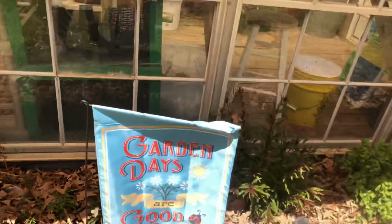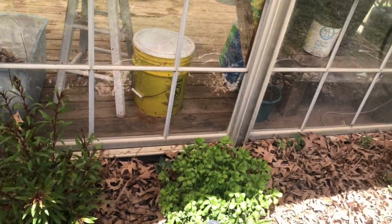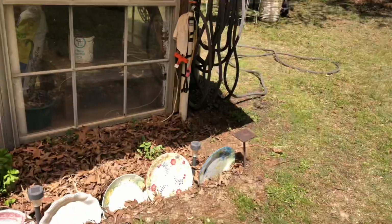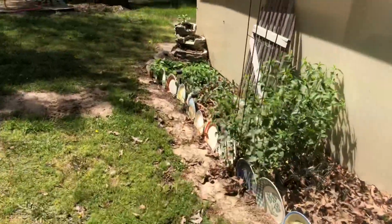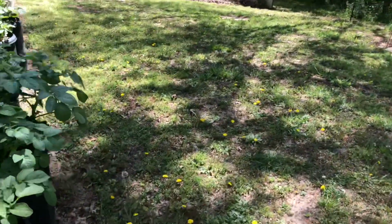More plants. I really don't even know what they are. I have all this written down, but a lot of this is coming back, so I'm happy. I need to get these leaves raked up, get my plates straightened back up. I need to get my grandbabies out here to pick my dandelions